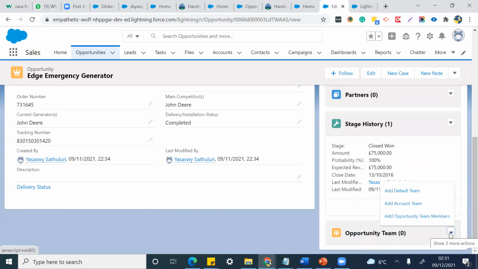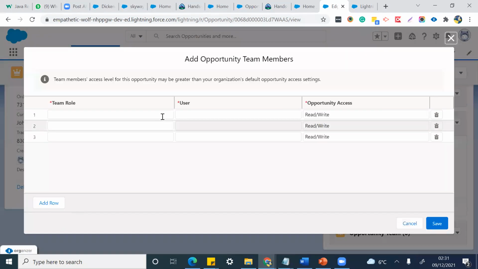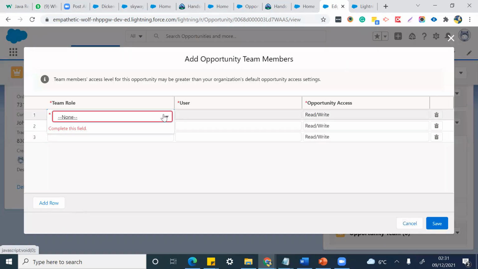Here also similarly we can add default team, or you can add separately. If you want separately, we can add something like this.